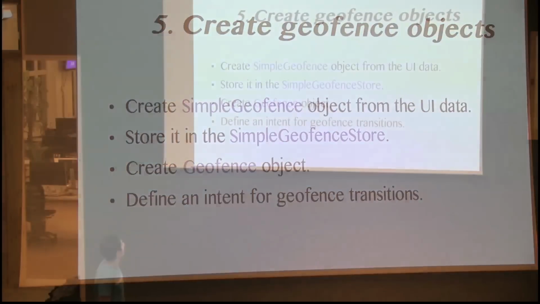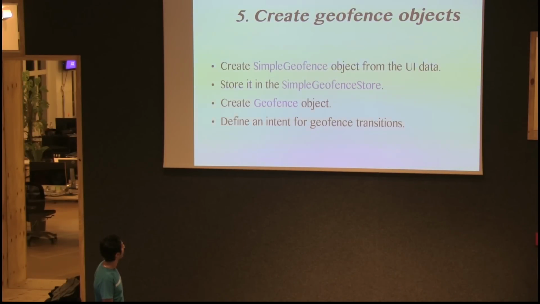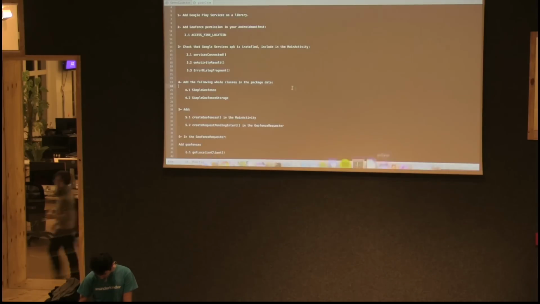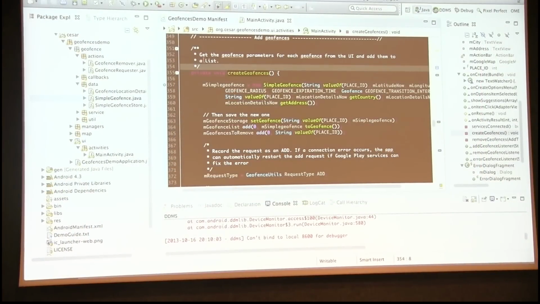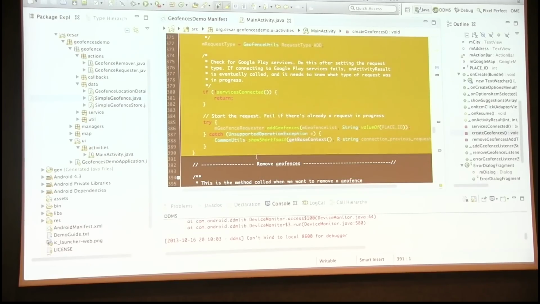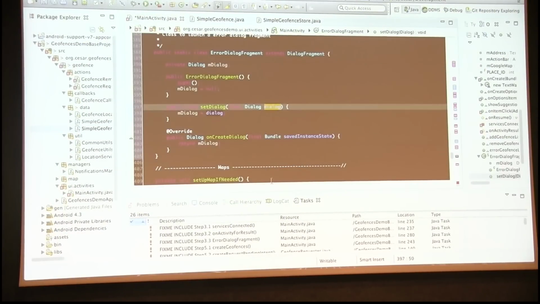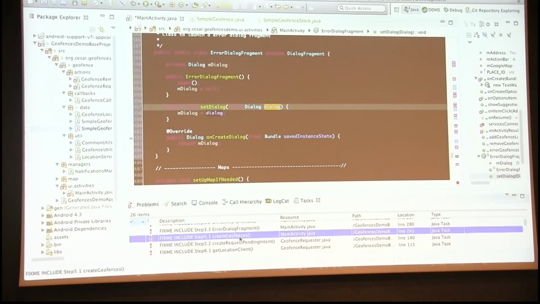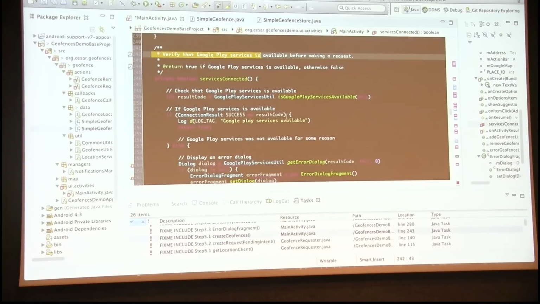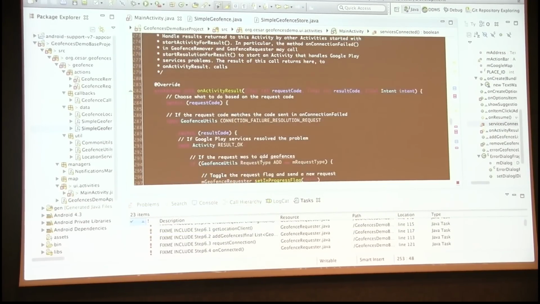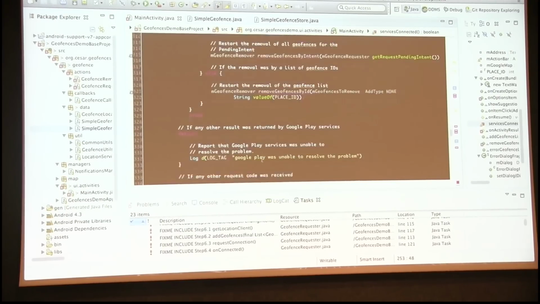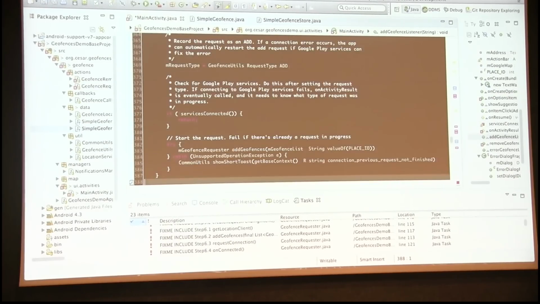Yeah, this step is here we have to create the geofence objects. So yeah, this is when we want to add a geofence. This is the step we are going to do right now. So here. Okay, so here